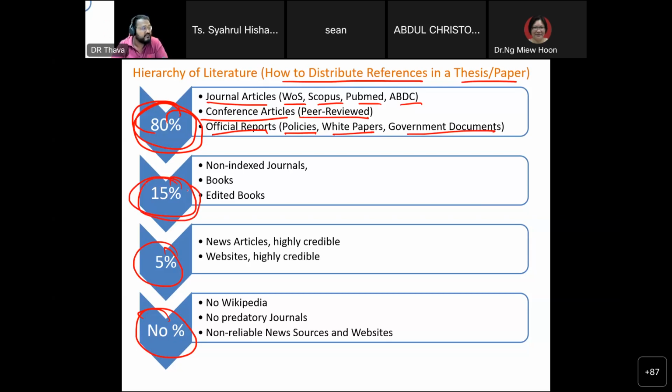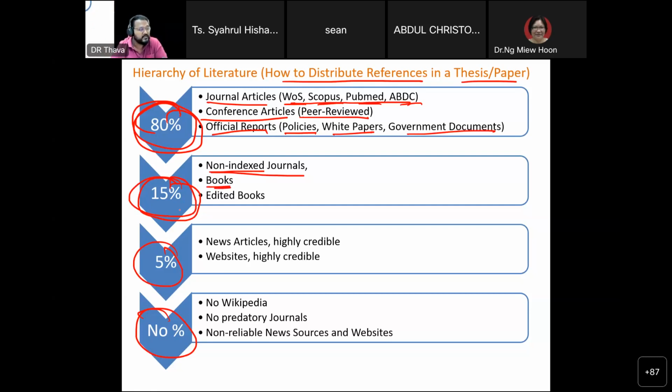Okay, so that is 80%. Then we come down to 15%. With 15%, you can look into non-indexed journals. There are also questions coming up where they say, my study area doesn't have many indexed journals, mostly non-indexed, especially some education areas. Islamic studies, a lot of Islamic studies, very, very good papers, but they are not indexed. I think Scopus is gradually opening up. Web of Science is slowly opening up. They're allowing Islamic-related journals to be indexed. Okay, I work very closely with USIM, so I know how they struggle. But in those circumstances, then yes, non-indexed journals can be considered. Okay, more than 15%, obviously.